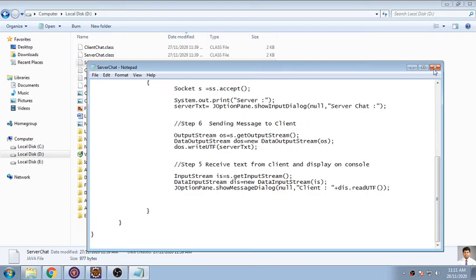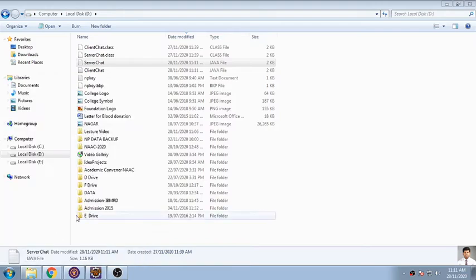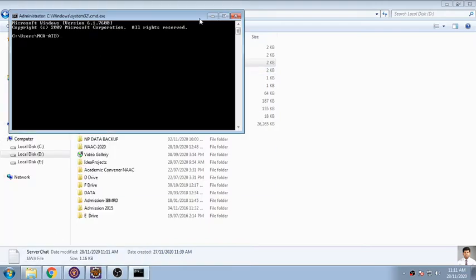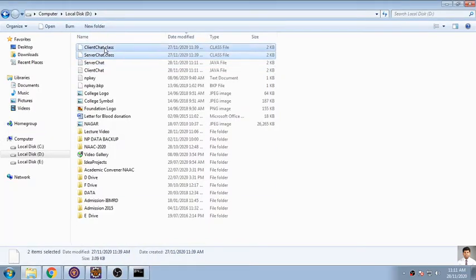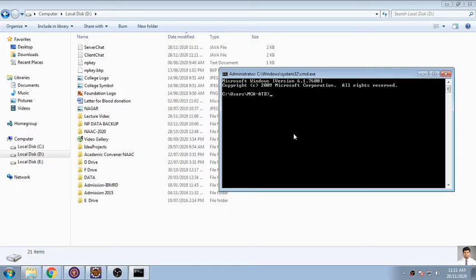That's it. I am closing this one, opening command prompt cmd, compiling these two codes. So for that purpose I need to delete these two class files. So these two class files have been deleted. I'm opening this and going to the D drive because my program is on the D drive, and I'm saying javac *.java, the Java compiler with star meaning all .java files. So rather than individually compiling, I have compiled all programs. So we'll see whether it is compiling or not.